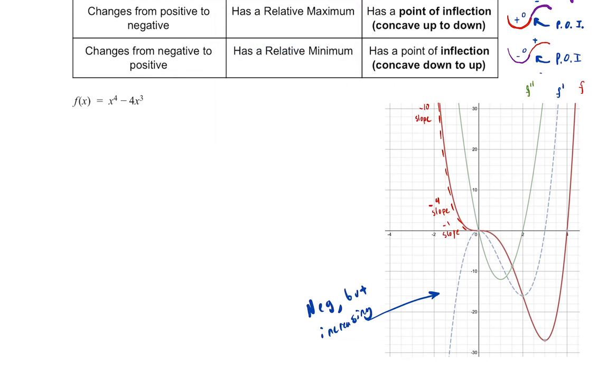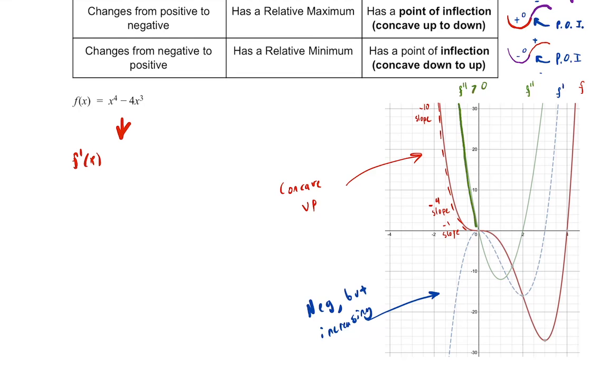My second derivative is positive. My second derivative is greater than 0 because my first derivative is increasing. And because my first derivative is increasing, my original function is concave up. And all of these same things that you can see from this graph could be done with our form of